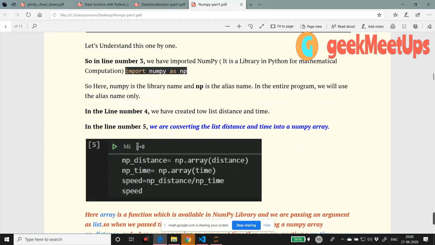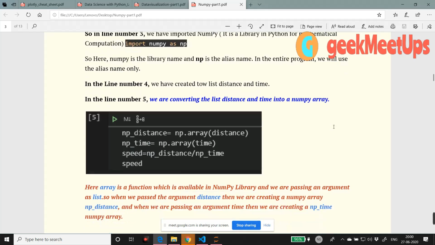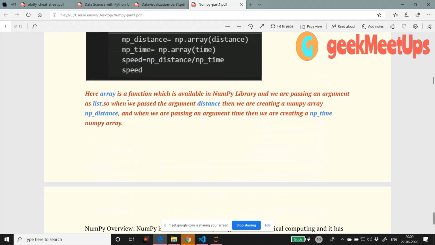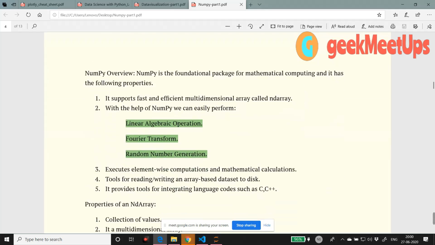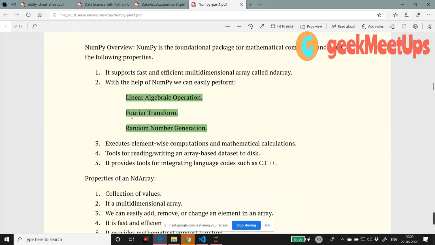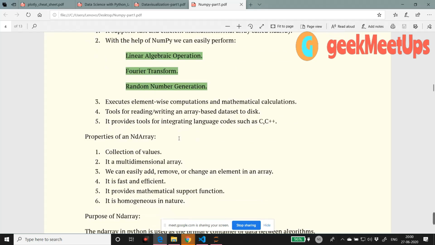In line number 5 we are converting the lists distance and time into NumPy arrays. I also added details about this array function, and you can go through it. What types of operations we can perform I already explained in the previous classes.